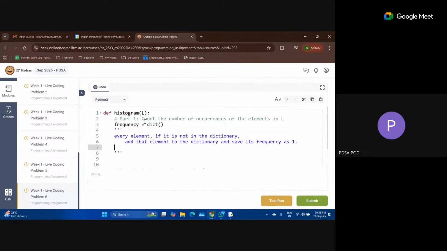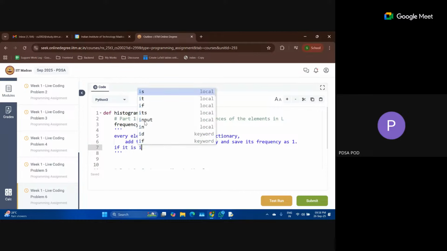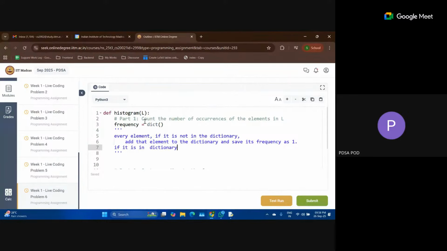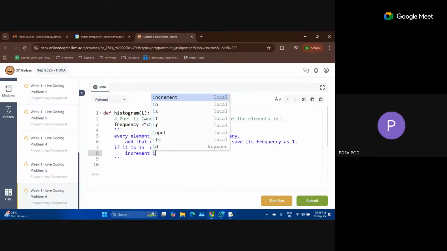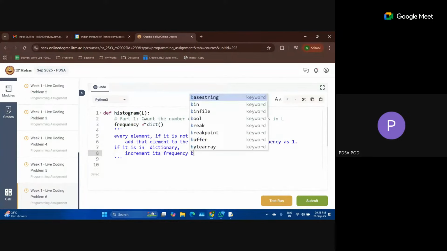If this element is already in the dictionary, which means I have already encountered it, then I will just increment its frequency by 1.